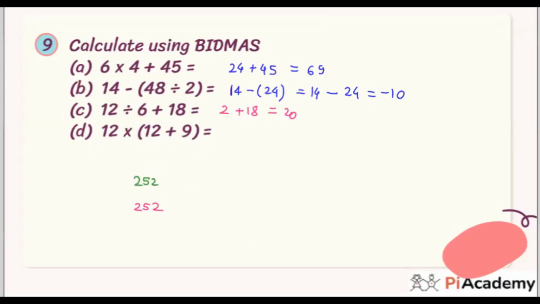So 12 plus 9, that is clearly 21. And now 12 times 21 we have to do. Basically you can do one thing, 21 times 10, that is 210. Then 21 times 2, that is 42. So if you add them, you are going to get 252. So absolutely correct. Moyuk, you are correct. And the other two members, you are also correct. Very good. Excellent. Okay, so let's have the next question.